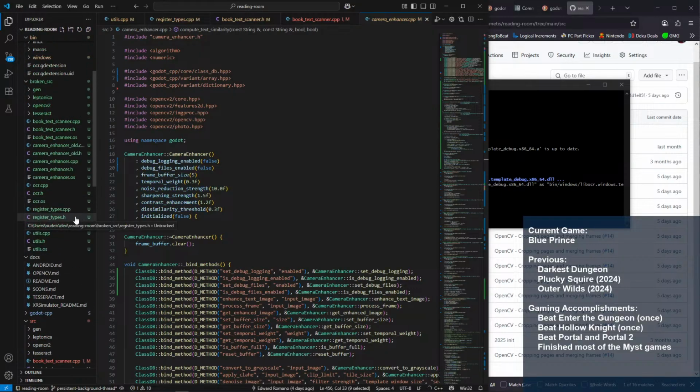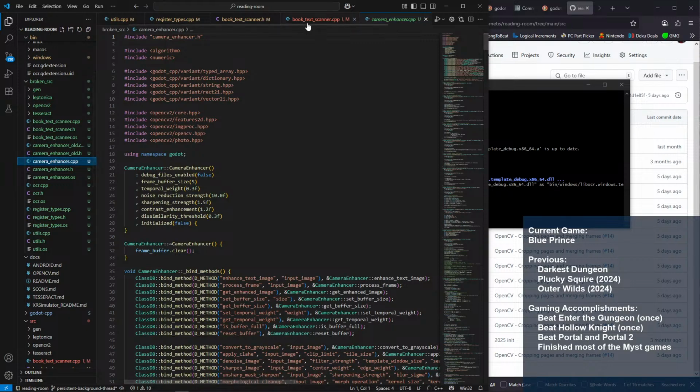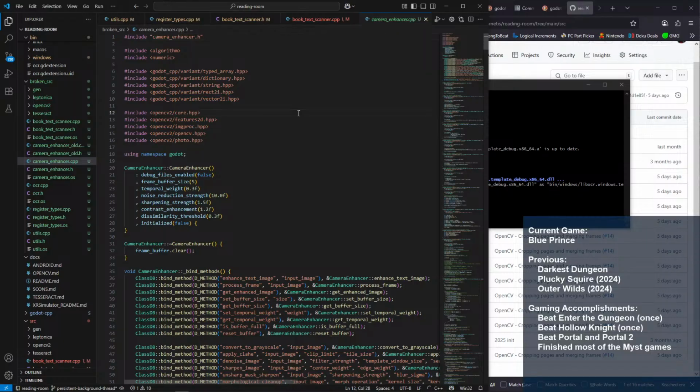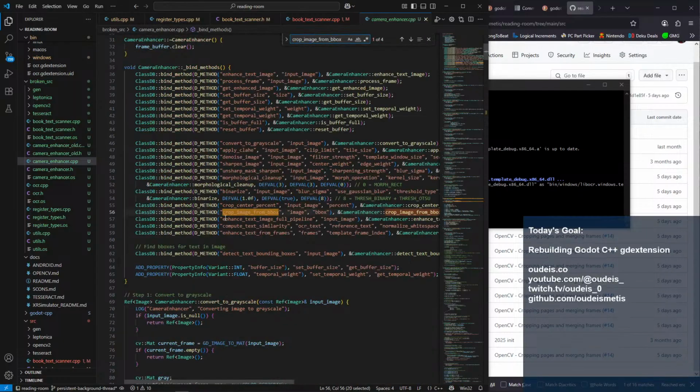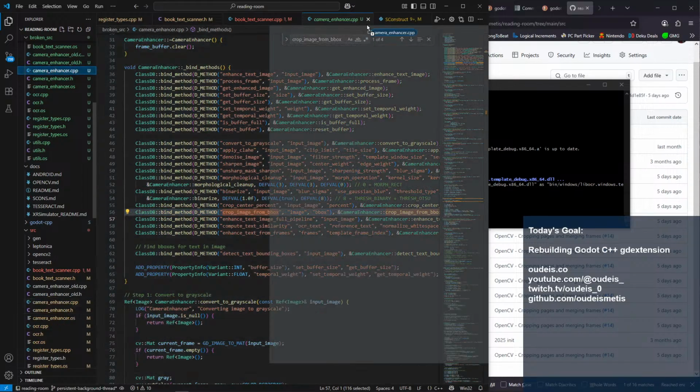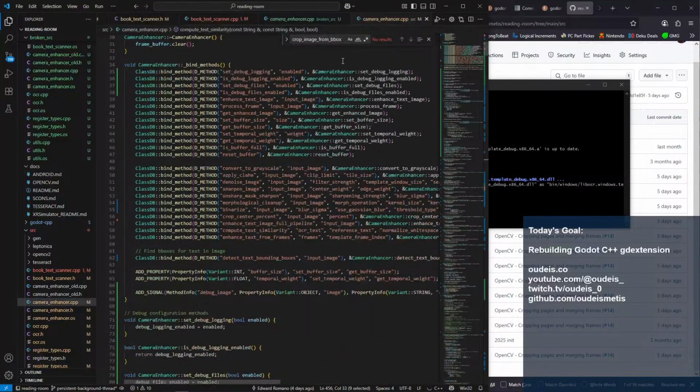And where's our old one? Or the broken one? Did it do the thing again? It did do the thing again. Camera enhancer.cpp.